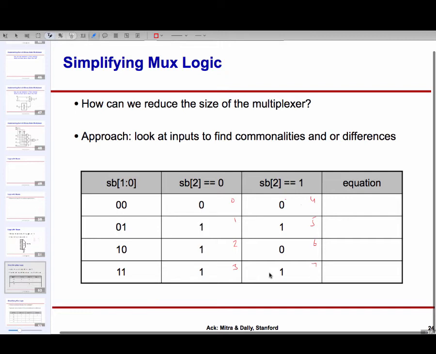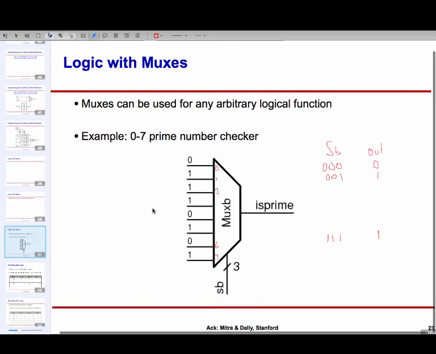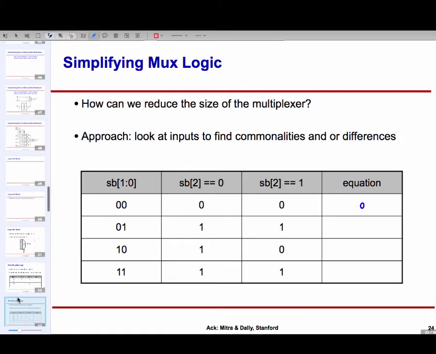Now, the issue here is I only have a 4:1 mux. Unlike the previous example where we were tying the inputs to only zeros and ones, I cannot do that anymore. But I can potentially be a little bit smart here. There were two cases: one case is when SB2 is 0, the other case is when SB2 is 1.